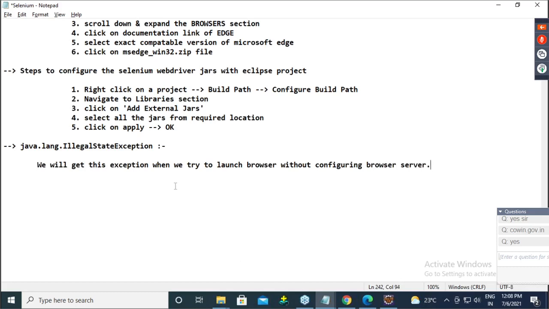Guys, any confusion up to this? Okay. So now, guys, can I say we have to configure the browser server? You only tell me, we have to configure the browser server.